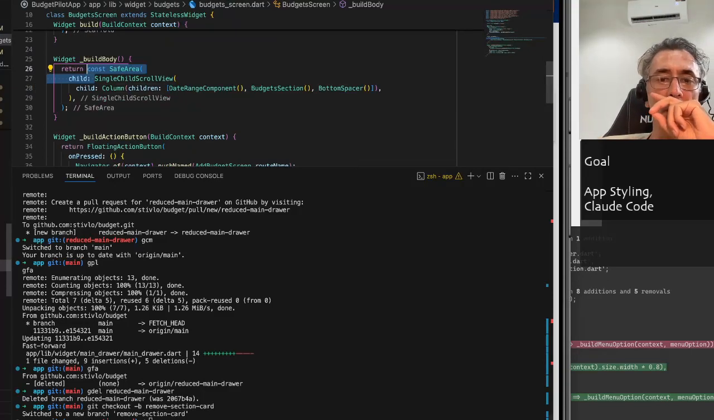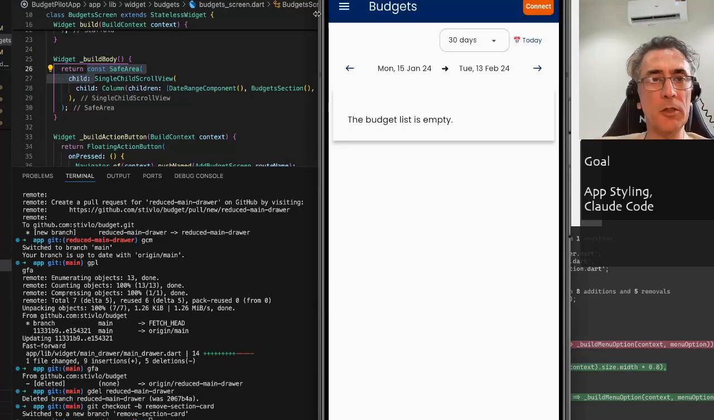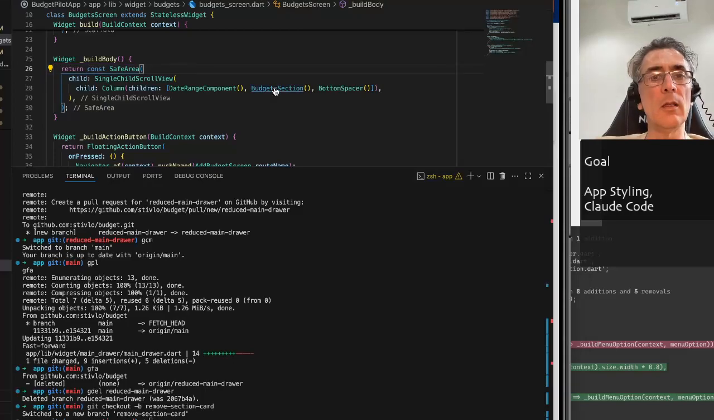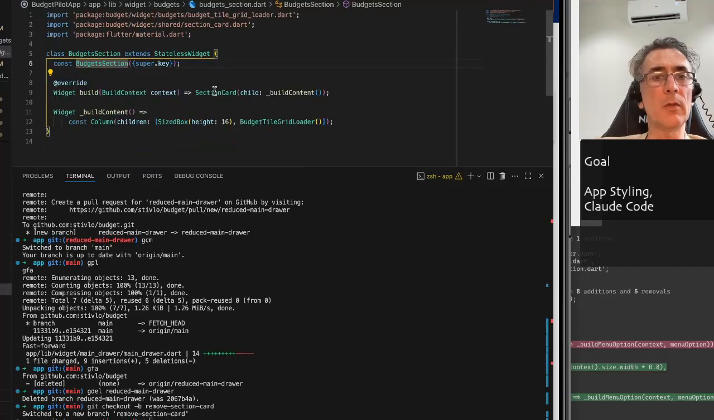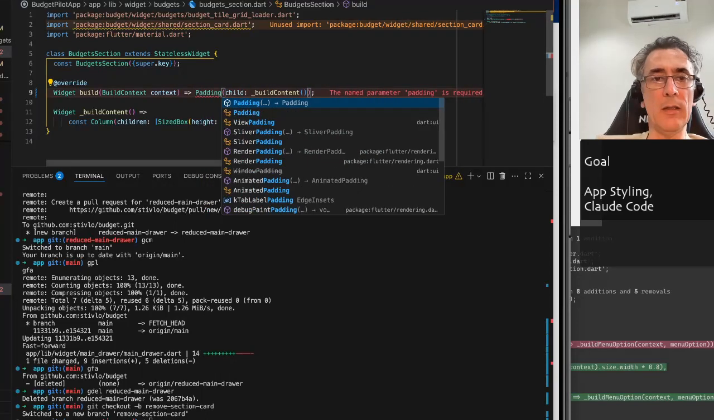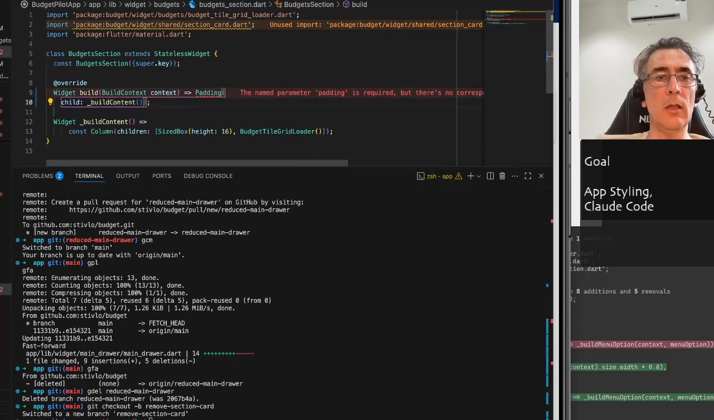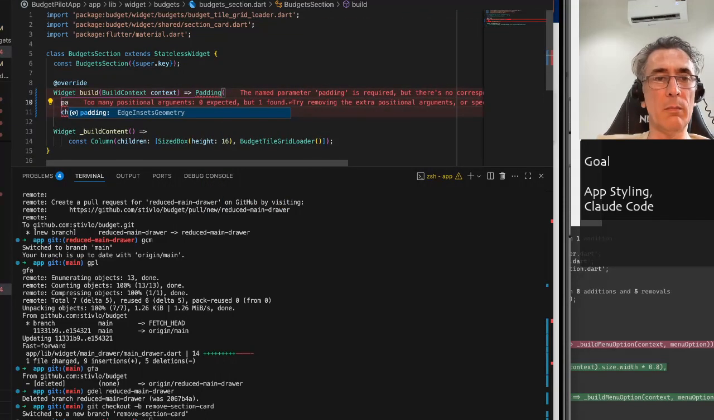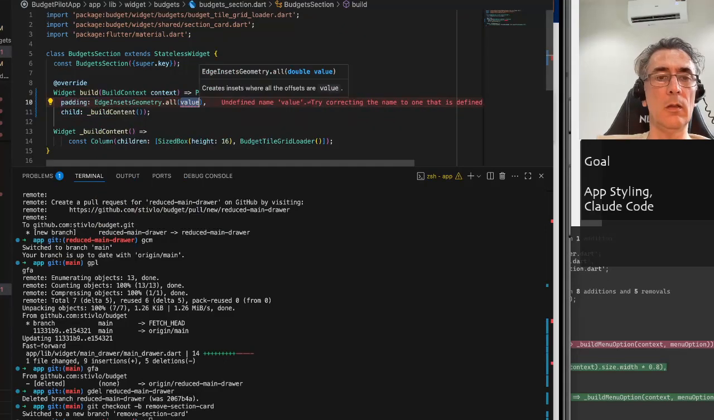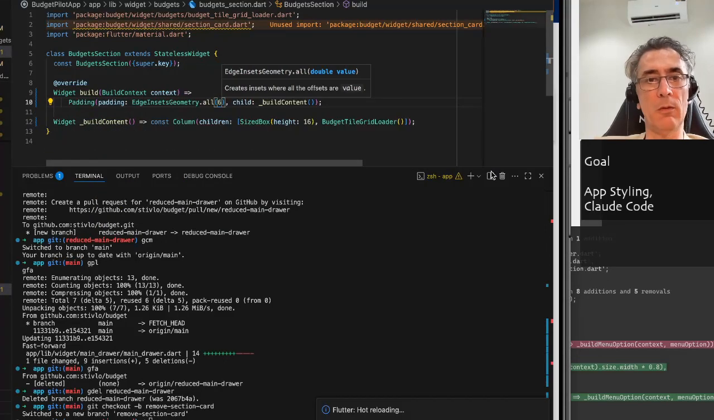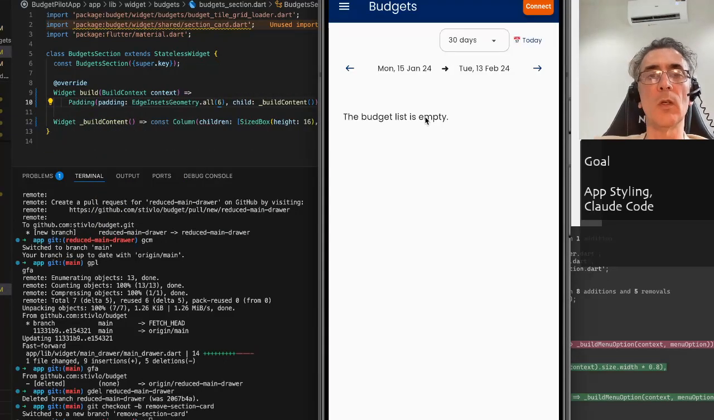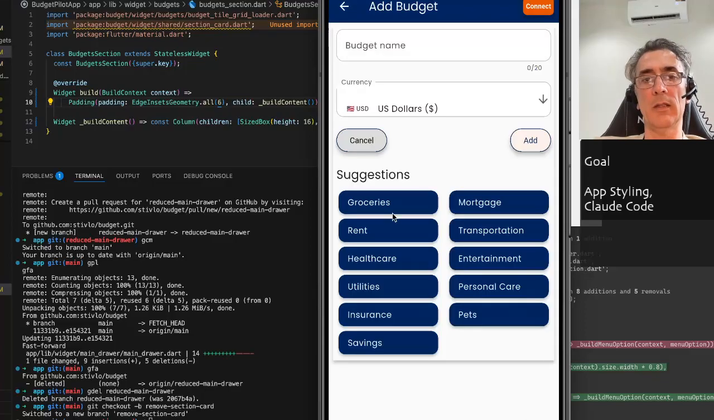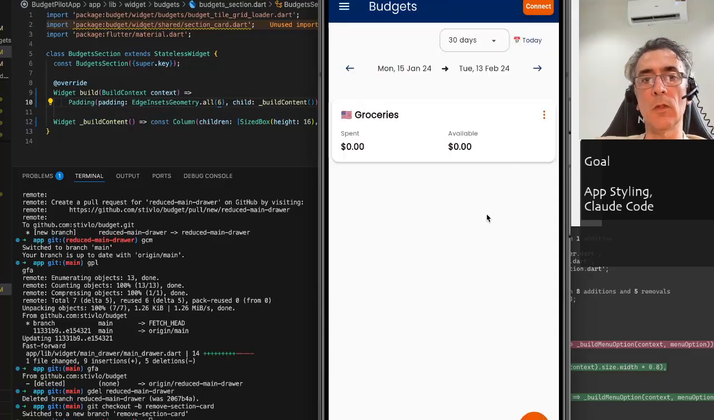Going back to the budget screens, to remove this section card, let's go to budget sections. And I found the section card already. So instead of that, we use the parameter padding with a value of 6 like before. Okay, empty. Let's add something. Good, very good. So